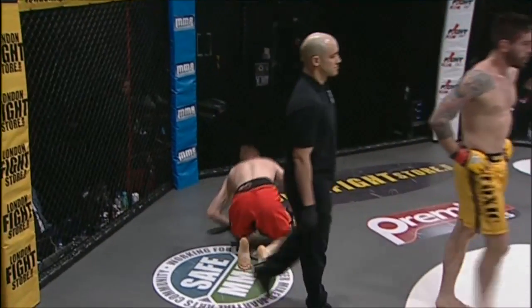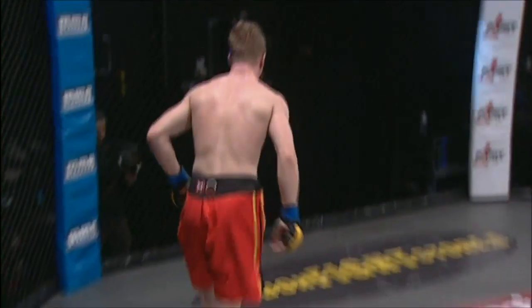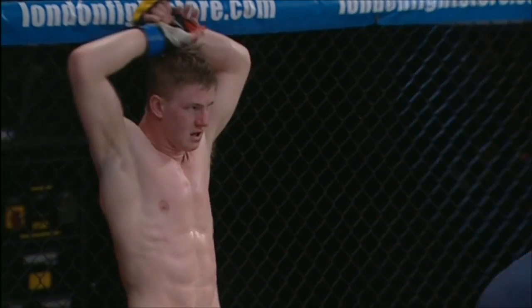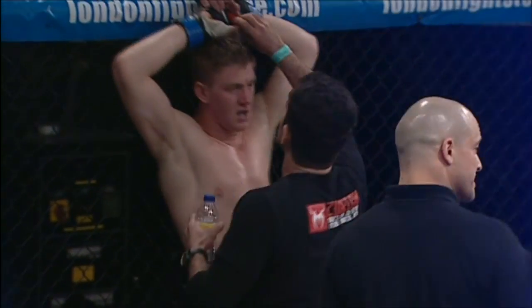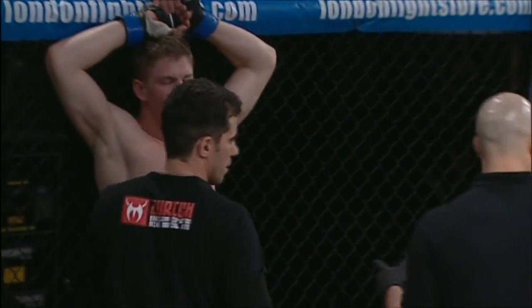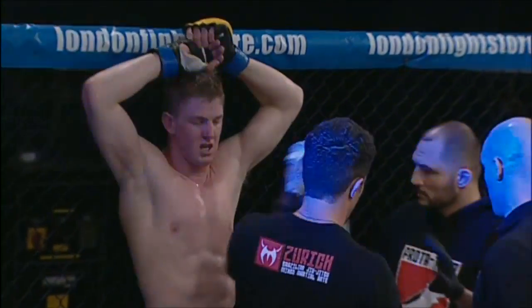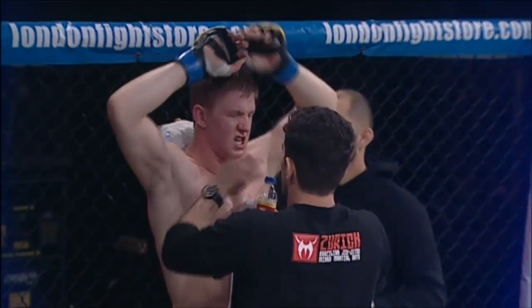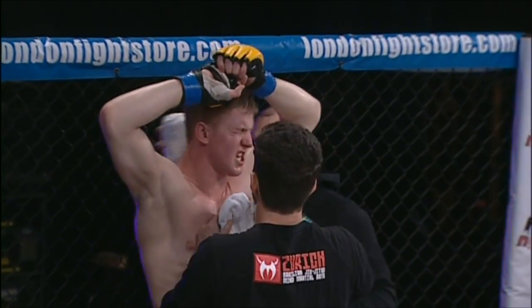Well, second round in the books. Some good portions of control on top for Gregor Weibel there, but not achieving too much with them. And you see the difference as soon as Matt Inman gets that dominant position, he's getting his hips forward, he's throwing the ground and pound. He's occasionally taking the chance to fall back for leg locks, possibly not the best option, but certainly a lot more activity. Well, we're going to go back and take a look at some of that action now from the